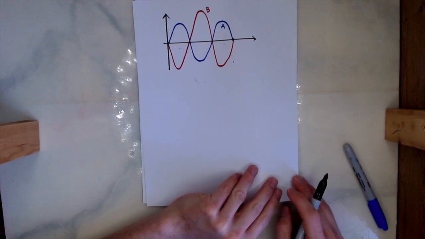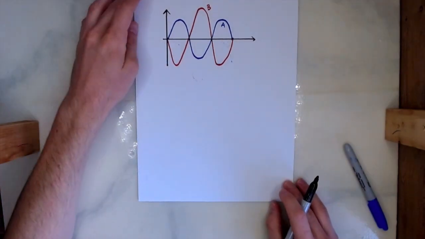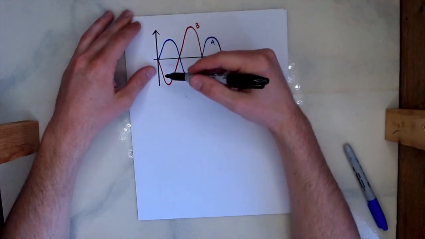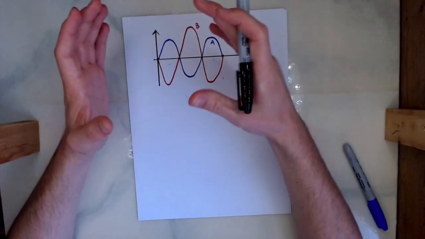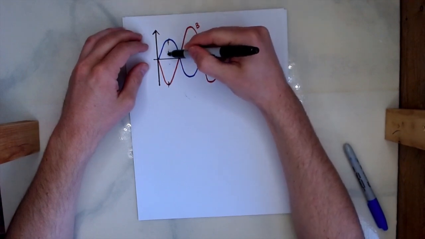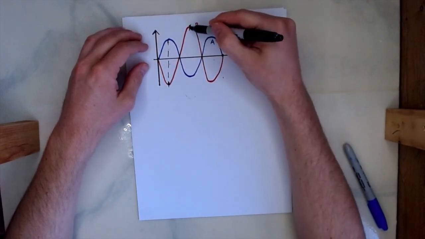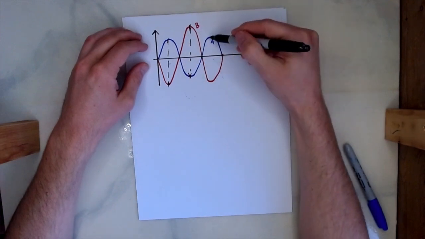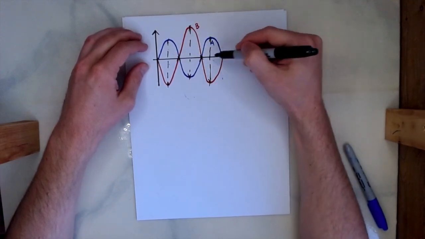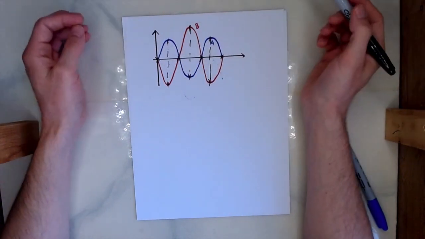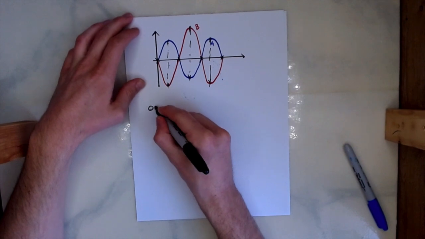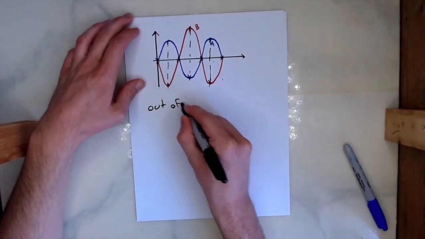That's as opposed to something like this, right? Where I again have A and I again have B, but they're shifted now. The crest of A lines up with the trough of B. The crest of B lines up with the trough of A. The intercepts are the same at all of these points. So this wave, I can go ahead and say is out of phase